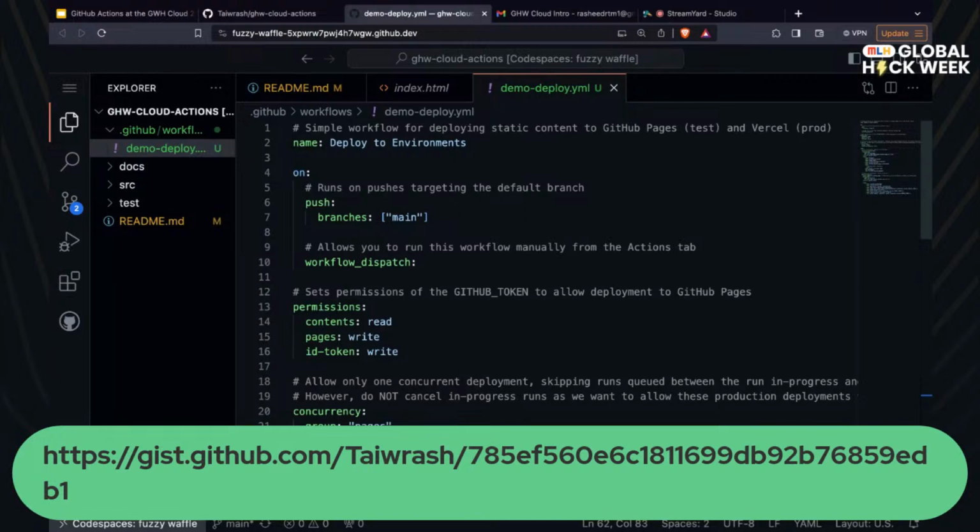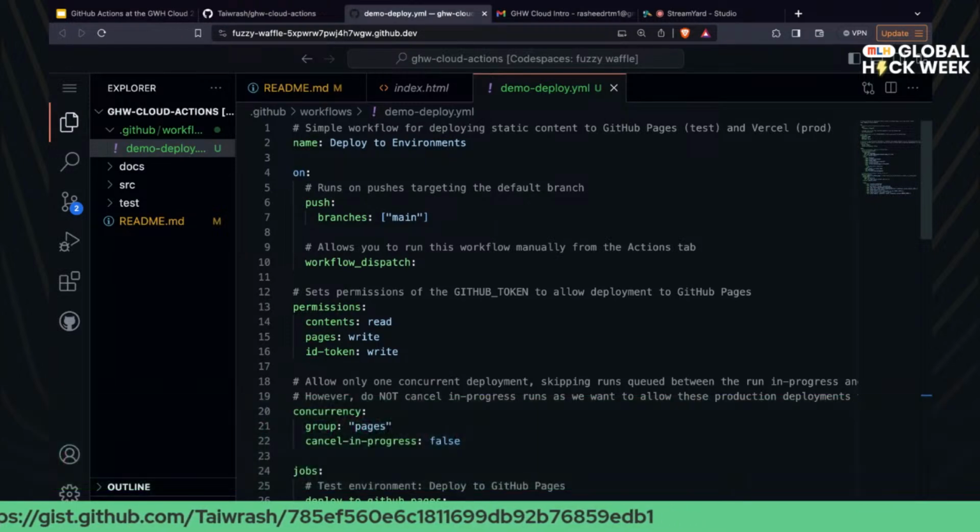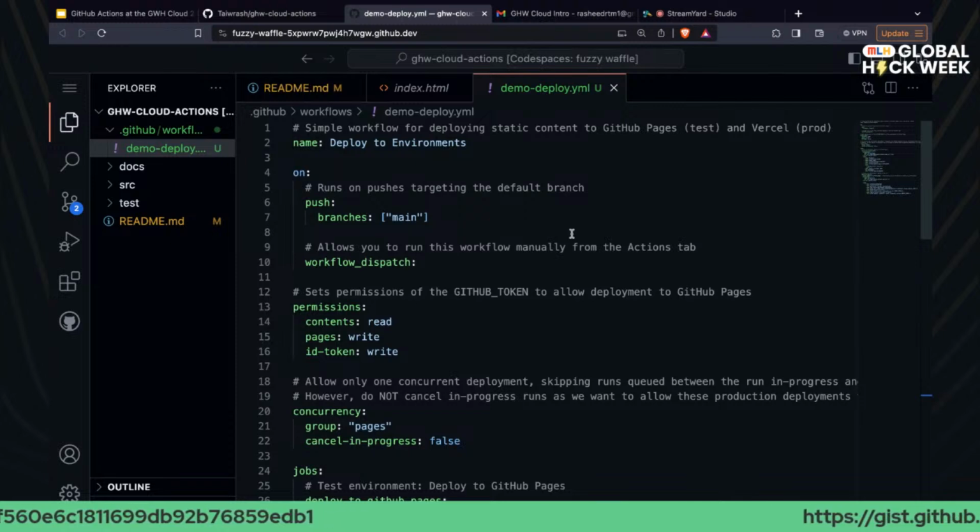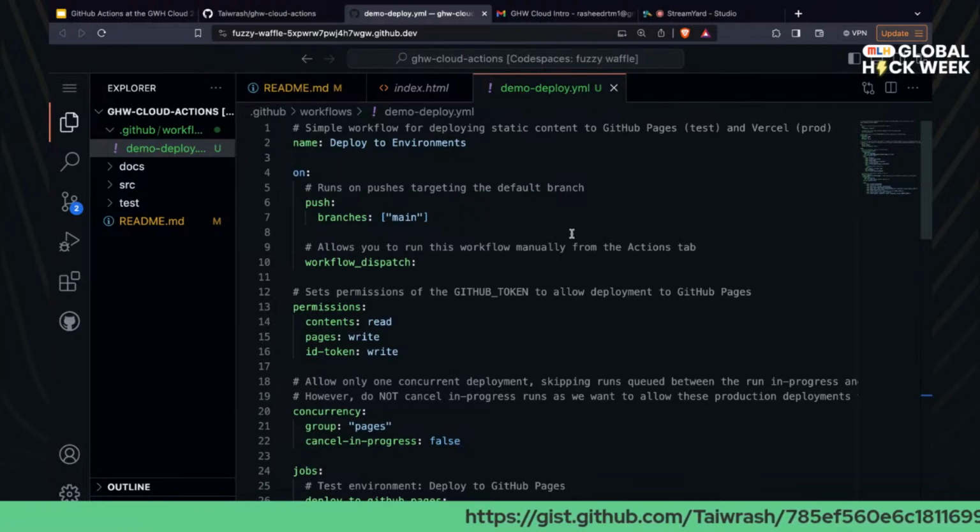We want to use GitHub Pages as our test environment and make Vercel, one of the popular products out there that you can use to deploy your static website, the production environment. So we call it deploy to environment. You can name this as you like.